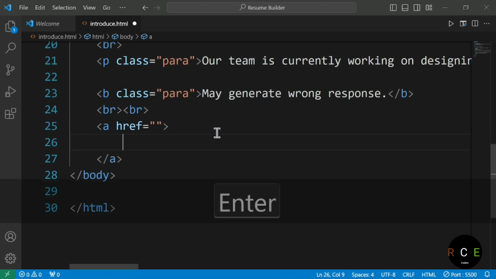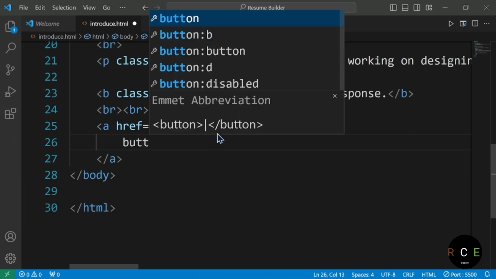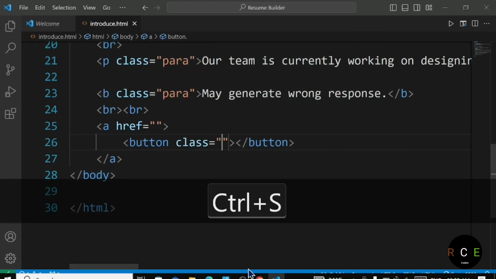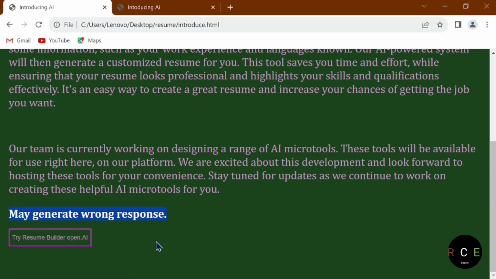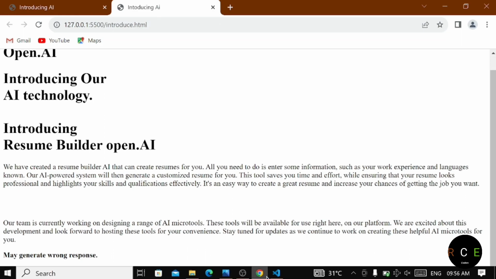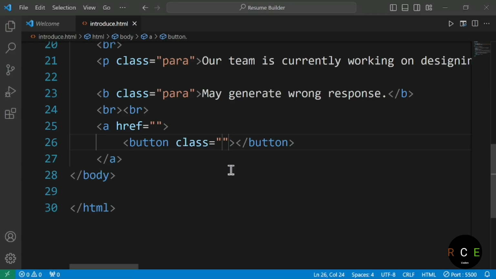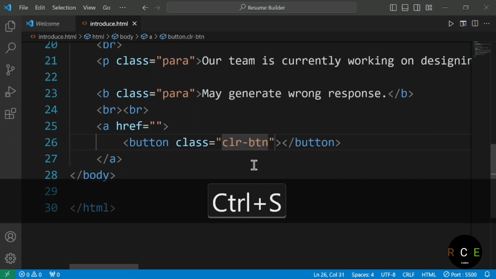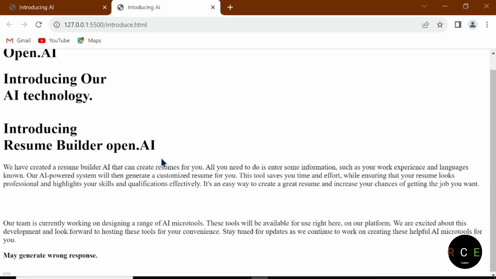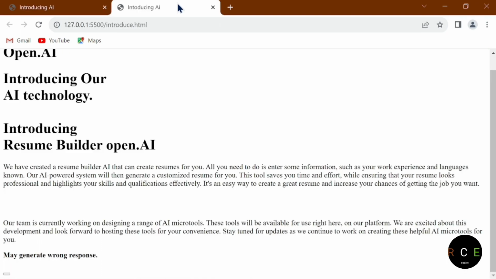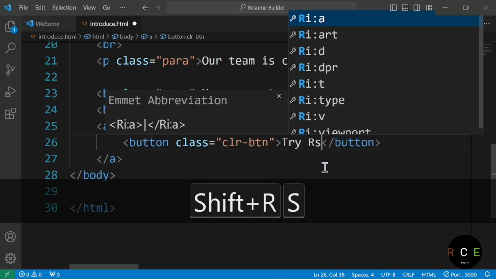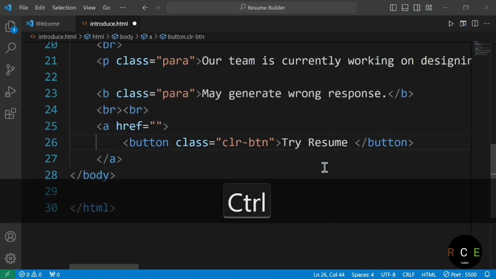Then move to the bottom and we are going to create a button, and the button also has a class, so we are going to design the button too. You can see here the button design. It's looking good. We are going to design it similarly, so for that we have given the class, and the class name is going to be color-button, clr-btn. Inside the button there is some text. We can't copy it, so I'm just going to write it manually: Try Resume Builder